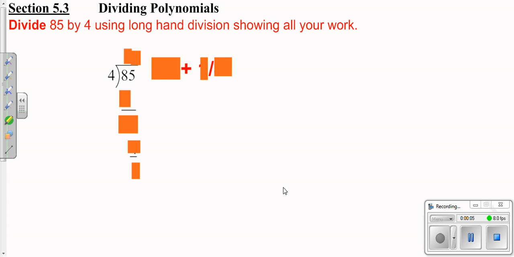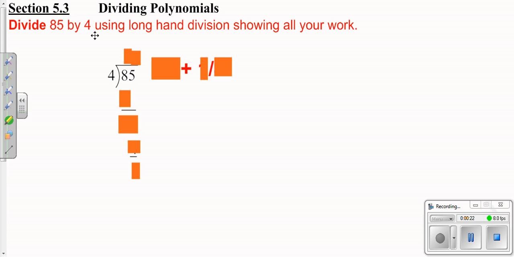Welcome! We're going to take a look at dividing polynomials. Polynomials? What does polynomial mean, I guess. Okay, side note, sometimes you get on a tangent here where you need to go ahead and divide 85 by